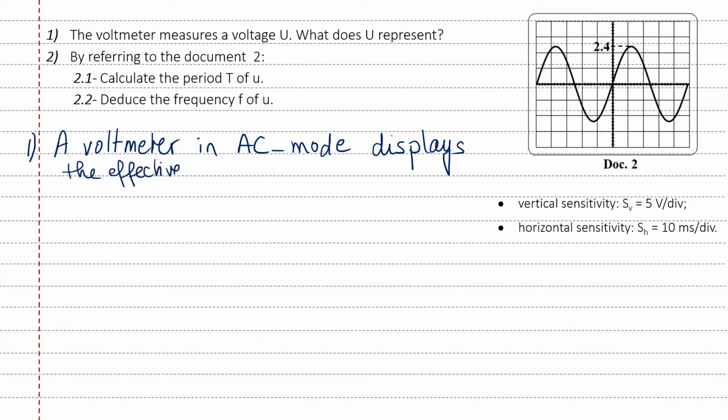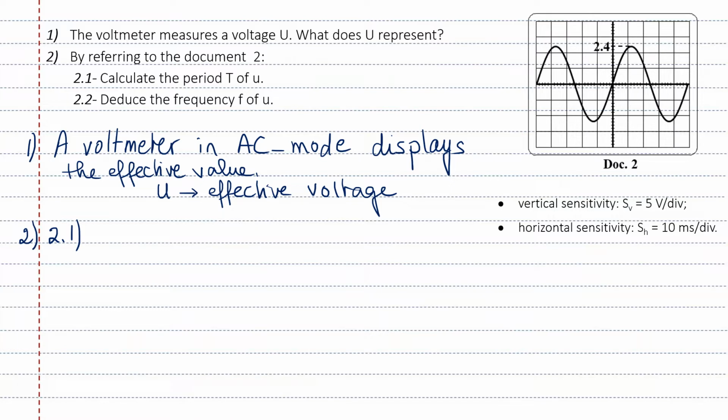It can be effective value or you can simply say effective voltage. So capital U is the effective voltage. Okay? Effective voltage. Then, part 2, 2.1, by referring to the document which we have just cropped and added here, calculate